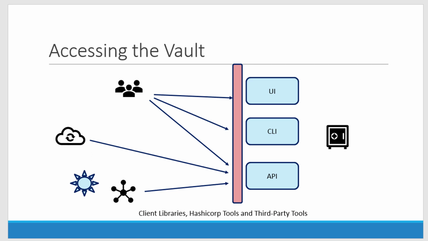So before getting into the demo, it's better to understand the concept of authentication, authorization, and role-based access control, and how we are going to leverage this concept within HashiCorp Vault. Already we had discussed that HashiCorp Vault can be accessed in three different ways, that is either using the UI, command line interface, or API. Most of the time we will be using the API through client libraries or some other tools or some third-party software or systems.